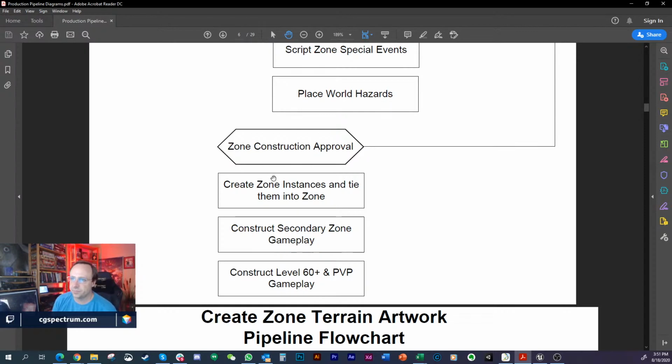And then you're going to add in some, because this is an MMORPG, and this is what would differ probably for your games, since not a lot of people make these games these days, tying all the zones together, and then adding in the secondary gameplay as well is really important. And then in MMORPGs, there's a lot of stuff from PvP that needs to be accounted for, as well as